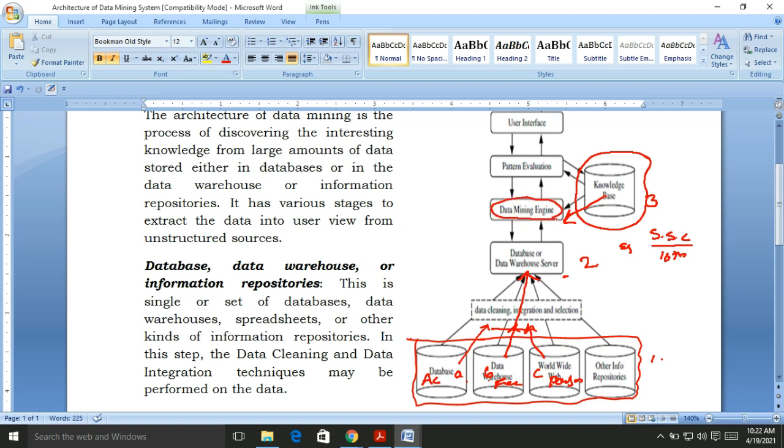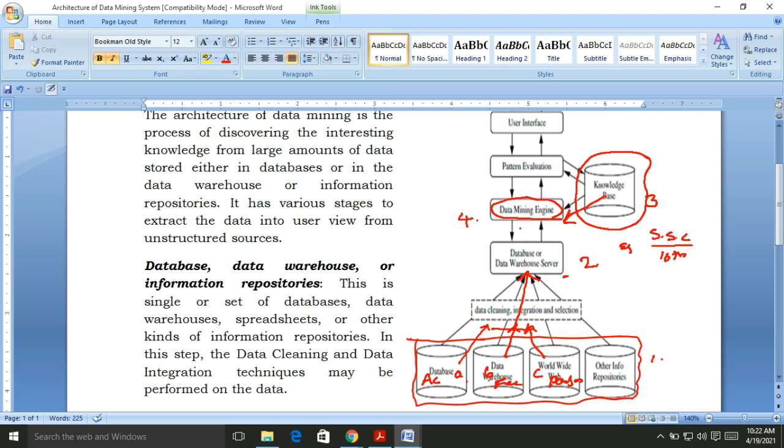This is the fourth one and a very, very important one. The data mining techniques, or data mining functionalities, such as characterization, association, clustering, are coded or embedded within the data mining engine.